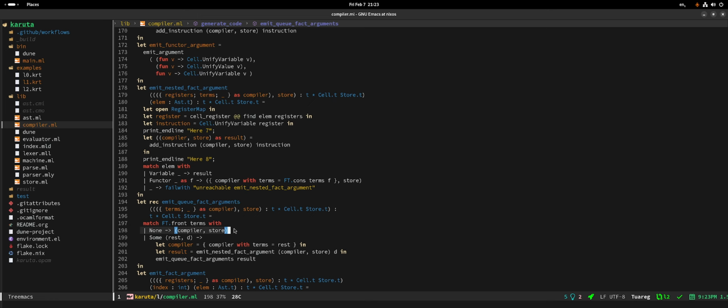I think we may actually need a third version of this. Yeah, one that adds the entire functor to the queue, which we are using in the initial loop to do the top level arguments. Yes. And the one that goes in the nested emit queue fact arguments needs to actually put the arguments of the functor in the queue, not the functor itself. Damn, but everything else is the same. Agree? Yep, I agree.